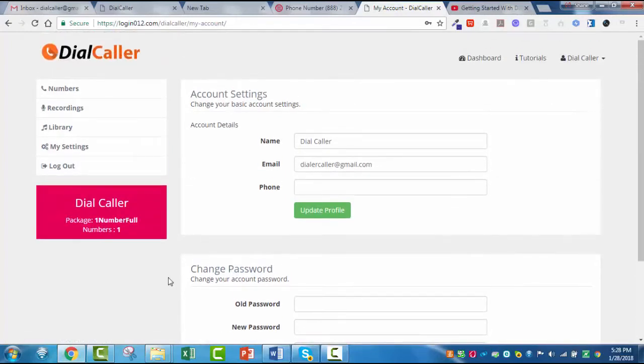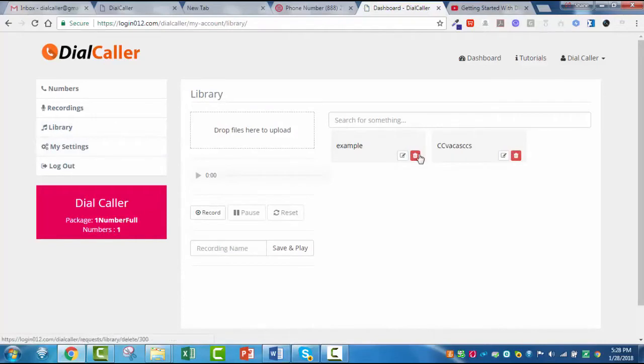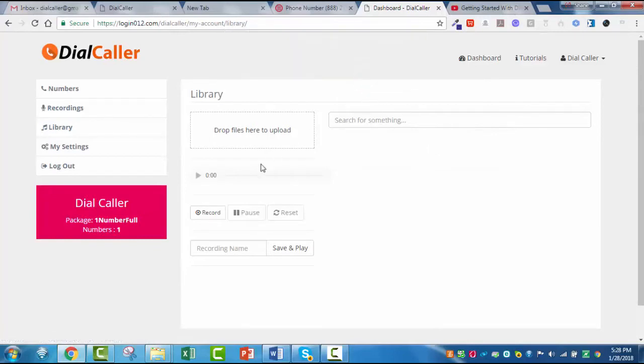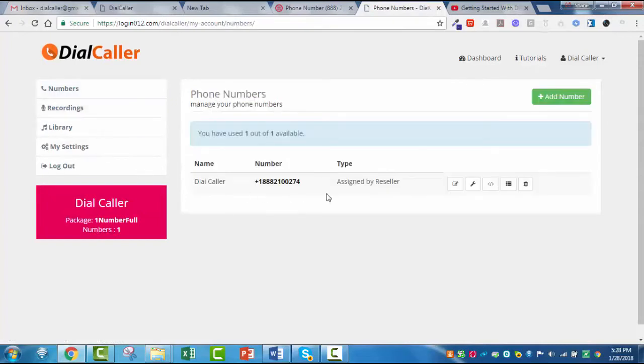So let me go ahead and show you the library first, and the reason I'm doing that is I'm assuming that you will want to create your own messages. I'm going to go ahead and get rid of these example ones I was playing around with a minute ago, and I do want to show you the library first and how to do the recordings first, because that's really cool and awesome features. But let me show you one other aspect of it real quick, and that is these